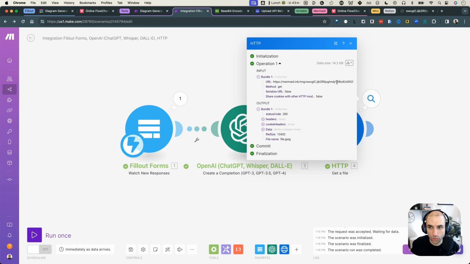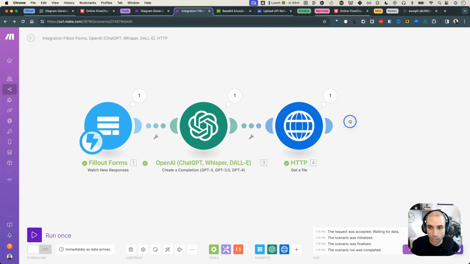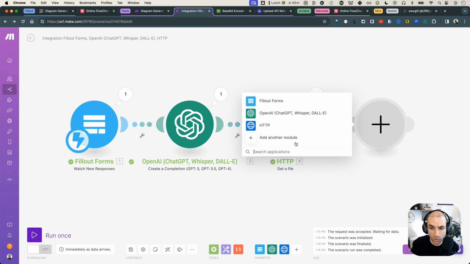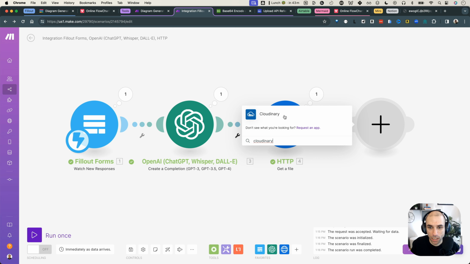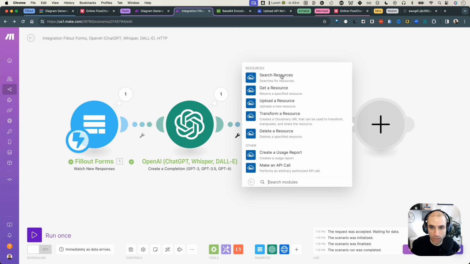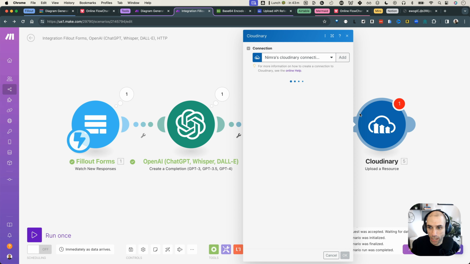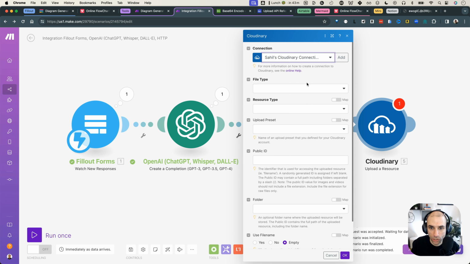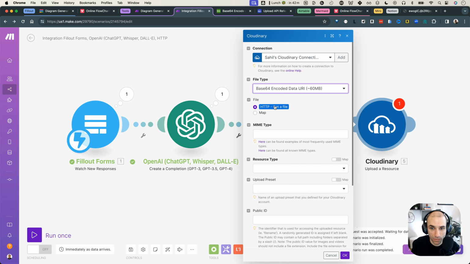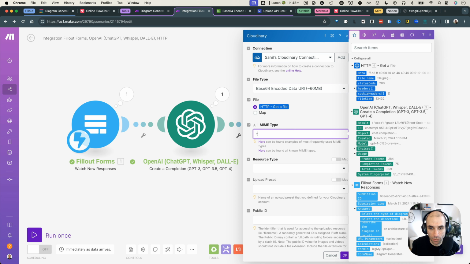So all we need to do now is upload this image to, and I use Cloudinary, and you can use any image hosting service. So I'll take Cloudinary and click on that. So first thing we need to do is upload a resource and answer some questions here. So I'll use my selection. File type is going to be base64 encoded data, which it automatically detected is coming from the HTTP module. And then the MIME type is going to be